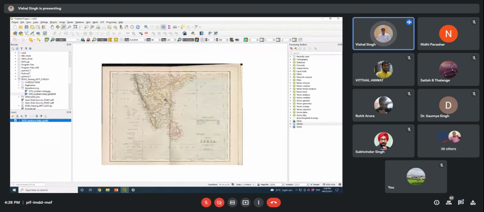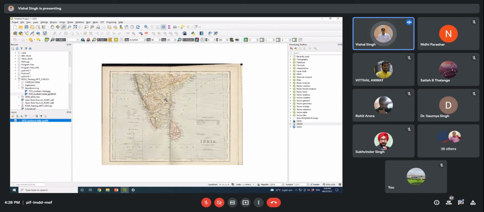So you cannot calculate length and area. For that, the measuring unit, or mapping unit, should be in meters, or in SI units. So for that, you need to convert the geographic coordinate system to the projected coordinate system.